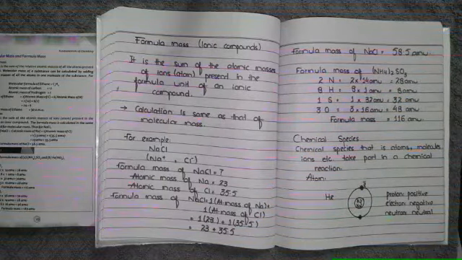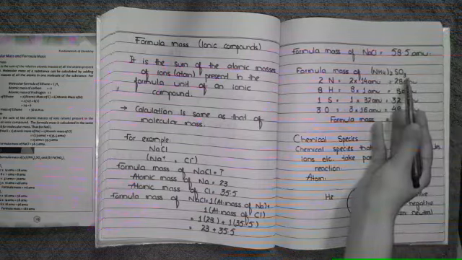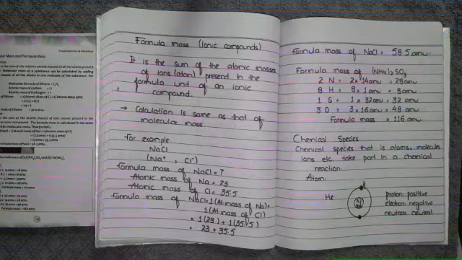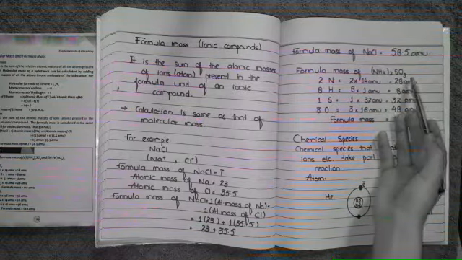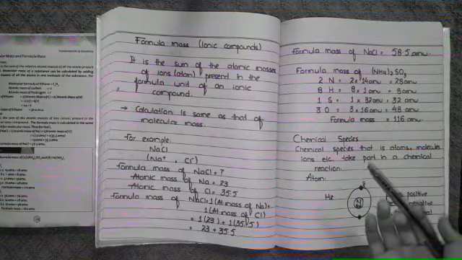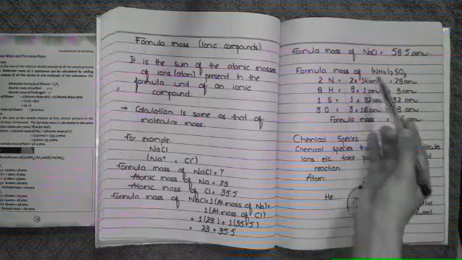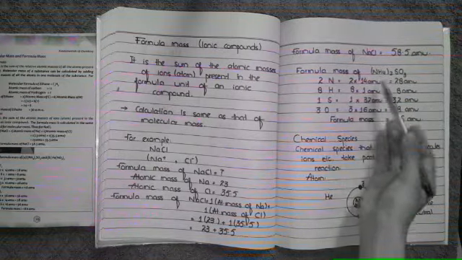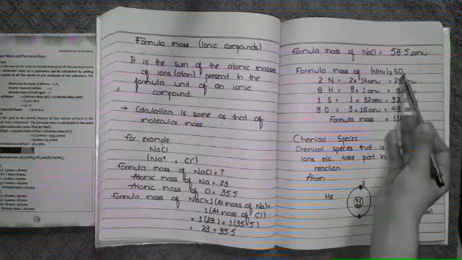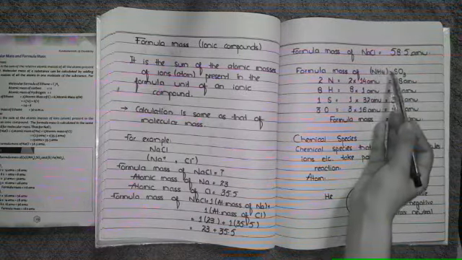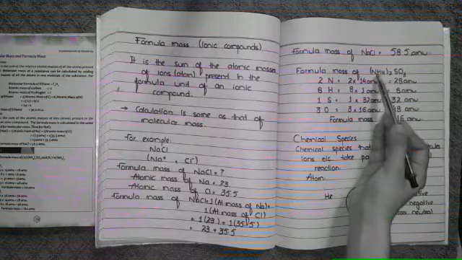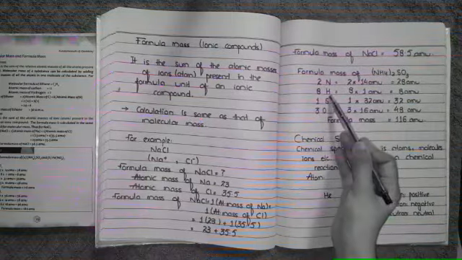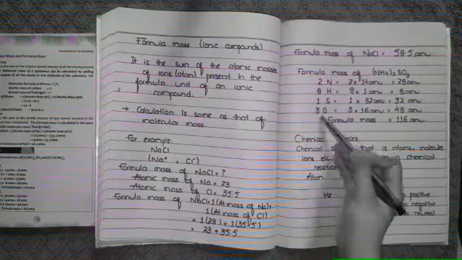Now the formula mass of (NH4)2SO3, which is example 1.2 given in your book on page number 23. This is also an ionic compound. If you want to find the formula mass of this, we should know the atomic masses of all the atoms that are present within it. You can see that nitrogen, hydrogen, sulfur and oxygen atoms are present. This 2 shows that it is going to be multiplied with it. So 2 nitrogen atoms, 4 into 2, 8 hydrogen atoms, 1 sulfur atom and 3 oxygen atoms.